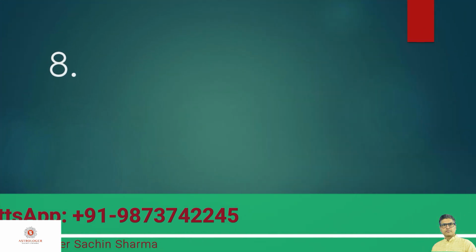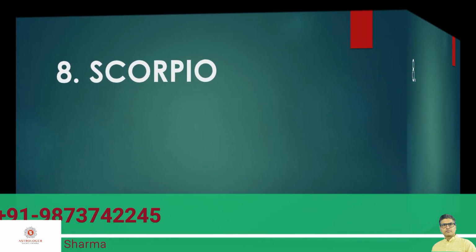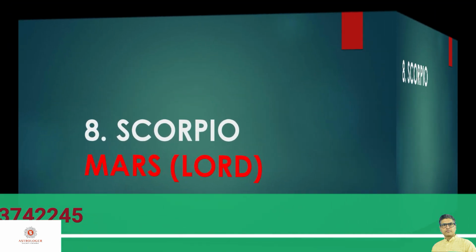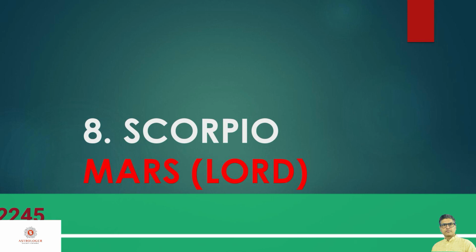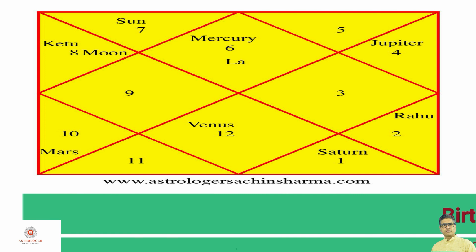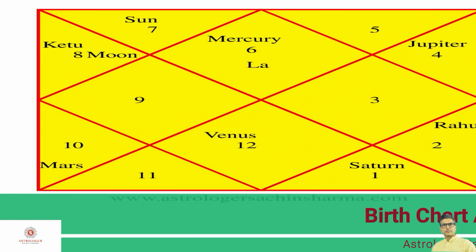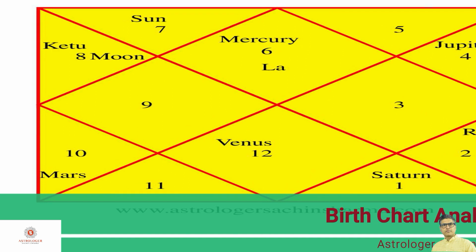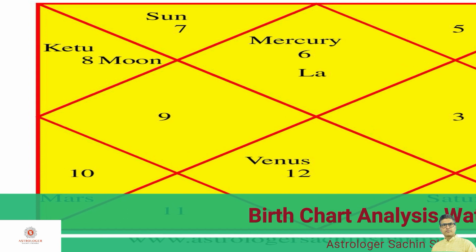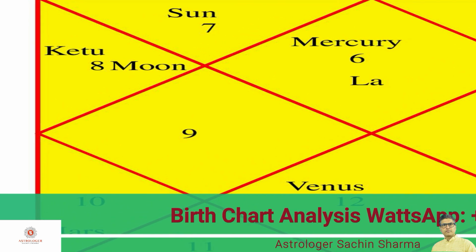If number 8 is written, it represents Scorpio and Lord of that house is Mars, as Scorpio belongs to Mars. So let us understand this concept practically in a birth chart. Here number 8 is written in the 3rd house of birth chart, where we can see that Ketu and Moon are also written, but we have to neglect that right now because we are not considering the planets which are placed in that particular house. We are focusing on the number only.